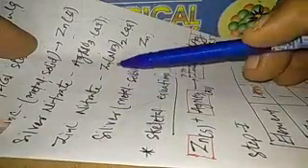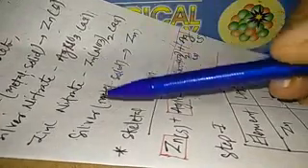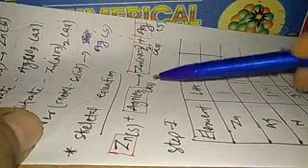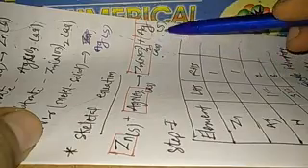Then we have the next question: zinc plus silver nitrate, that gives us zinc nitrate and silver. Let us write the symbol for zinc, which is a metal and solid. We write Zn solid. Silver nitrate is an aqueous solution, AgNO3 aqueous. Zinc nitrate is again an aqueous solution, Zn(NO3)2 aqueous. And silver, which is a metal, which is a solid, we write Ag solid. So now we can write it as a skeletal equation: zinc solid plus AgNO3, that gives Zn(NO3)2, zinc nitrate, plus Ag solid.